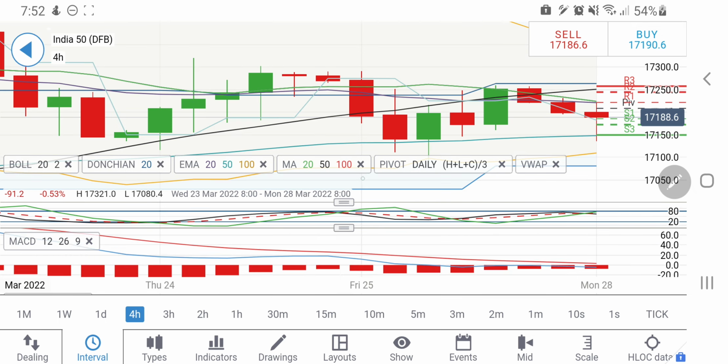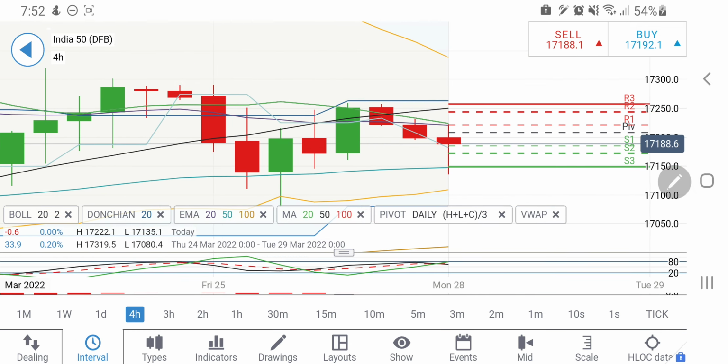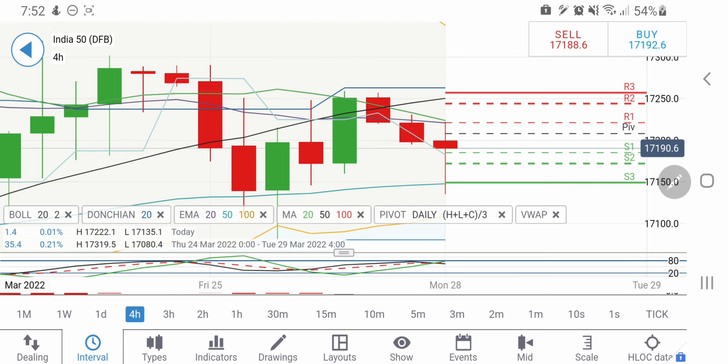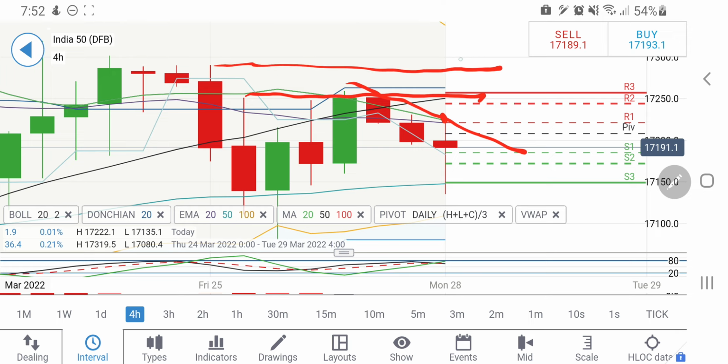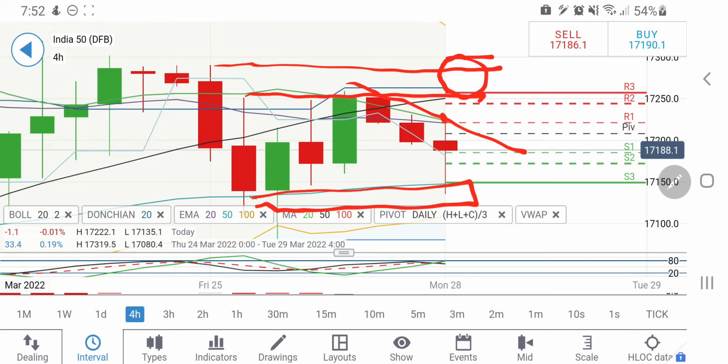Now let's have a look at the 4-hour charts. On the 4-hour charts also, see the 20 period moving average giving it resistance, and on top of this are candles, and hence any long entries beyond 17,250 are only recommended. Beyond that also it may get a little resistance at 17,280 and 17,300. This zone on the upside, 17,250 to 300, is very important. Breaking this, only then can one confirm a long entry, and on the downside 17,100 and 150 levels. If it breaks the 100-150 zone, then only can one expect it to drop.